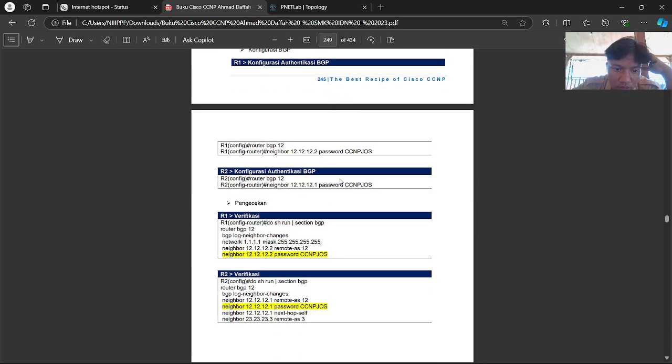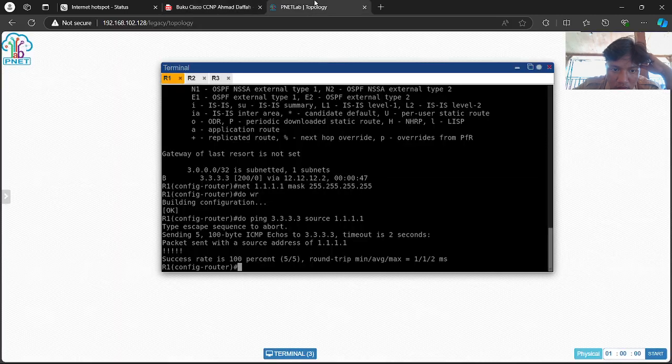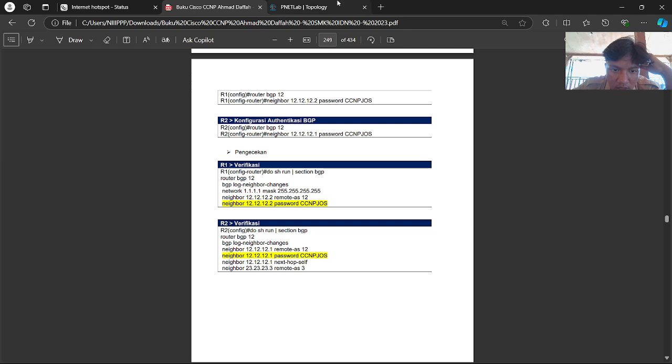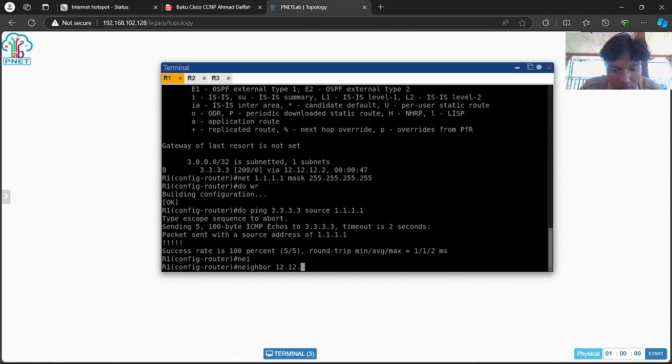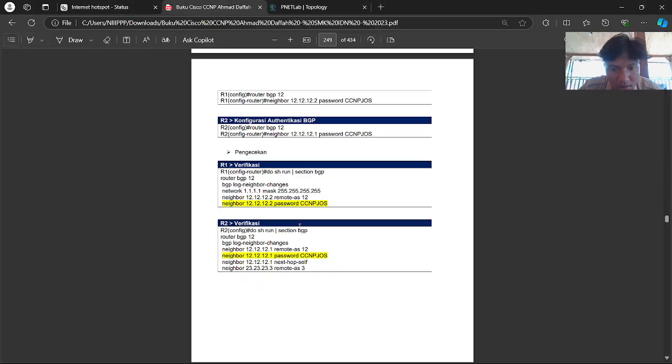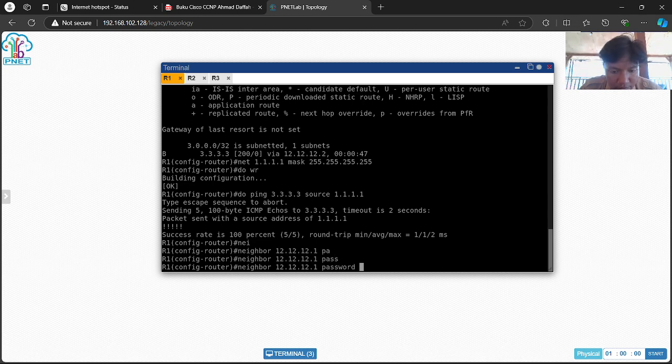Okay, now we're going to the configuration. For the first, you can go to the network 12.1 and then set the password. I'm going to make it with my name.